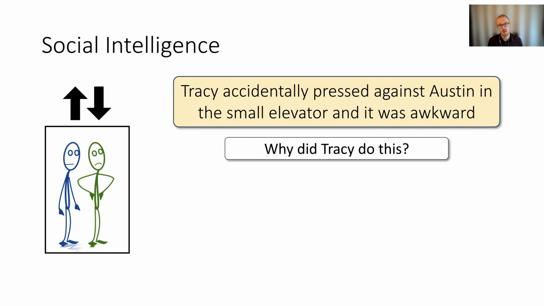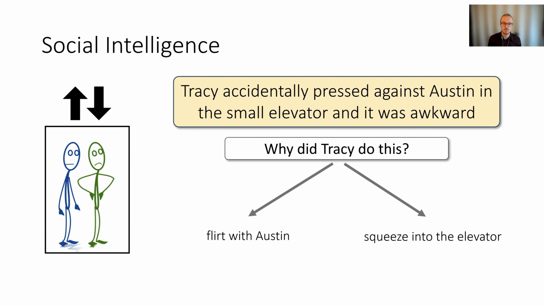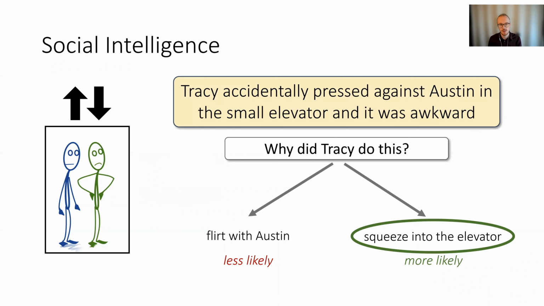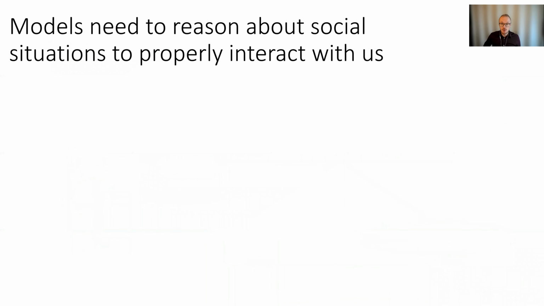Similarly, social intelligence helps us infer that when Tracy accidentally presses against Austin in the small elevator and it's awkward, the reason Tracy might have done this is more likely because they wanted to squeeze into the elevator than to flirt with Austin. And so the motivation for creating SocialIQA is that models need to reason about social situations to